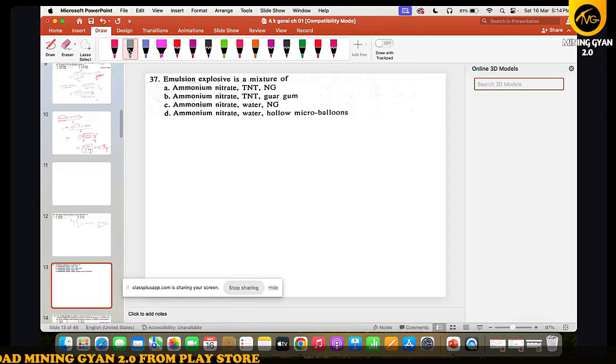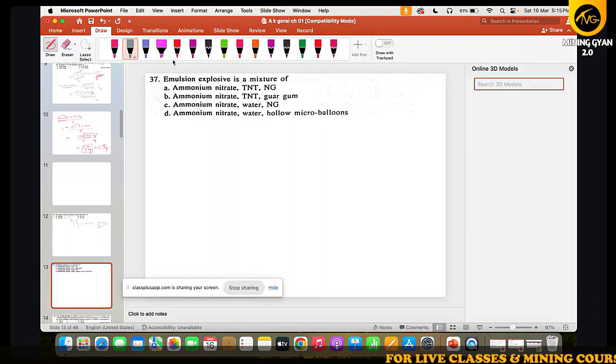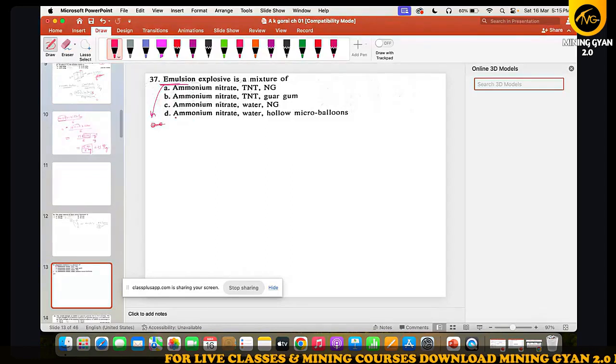Emulsion explosive. I told you, you go and read about explosive. Yes, for emulsion, this is the mixture of the two liquids. Okay, so ammonium nitrite